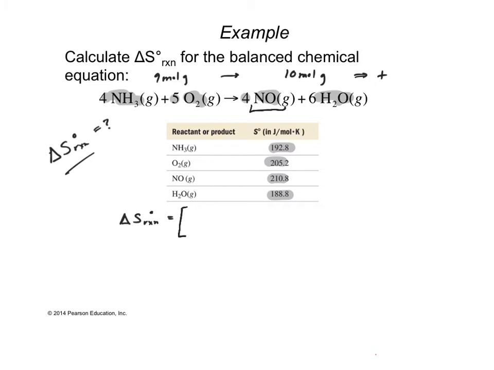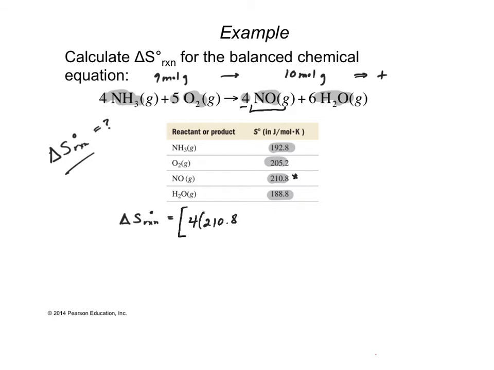So NO, when I look into the table, has a standard molar entropy of 210.8. What do I need to multiply it by, though? What is that in the equation? Number of moles, right? There's a 4 in front of the NO, so that's what I'm multiplying this by. This is the stoichiometric coefficient. So 4 times this